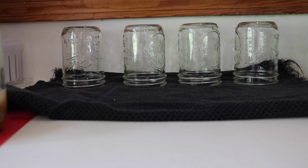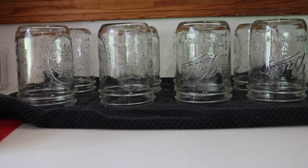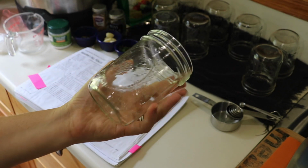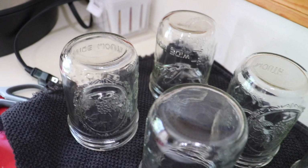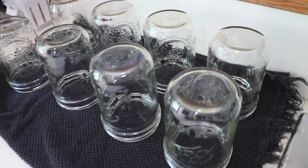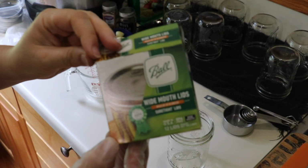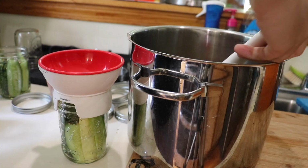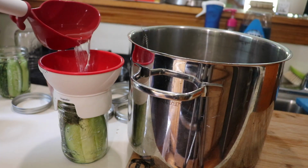Wide mouth pint-sized jars. These are the easiest to pack with cucumbers in my opinion, as they don't have the shoulders to work around like with regular mouth jars. I washed these in our dishwasher the night before and set them on a towel upside down until I'm ready to can with them. I have a box of wide mouth lids, replacement wide mouth bands, ladle, a canning funnel,